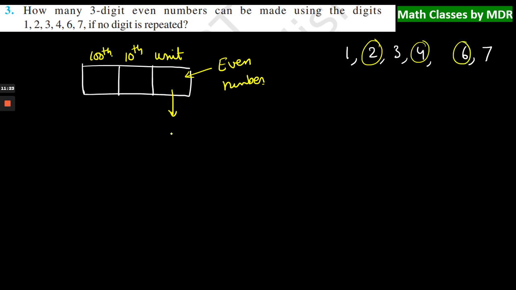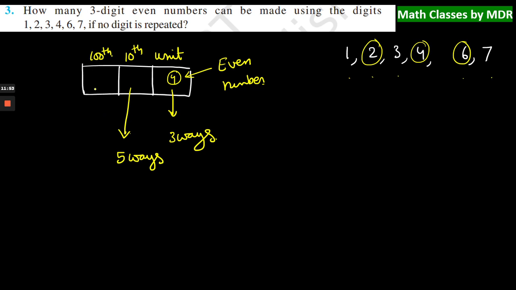That means this can be filled in 3 ways. Okay, units place can be filled in 3 ways. Now we'll go with tens place or 100 place, also fine. Okay, so when you go with tens place, suppose I have used 4 here, then how many numbers are available? So we'll be having 1, 2, 3, 6, 7, total 5 digits available here. So these 5 digits can be arranged in 5 ways.